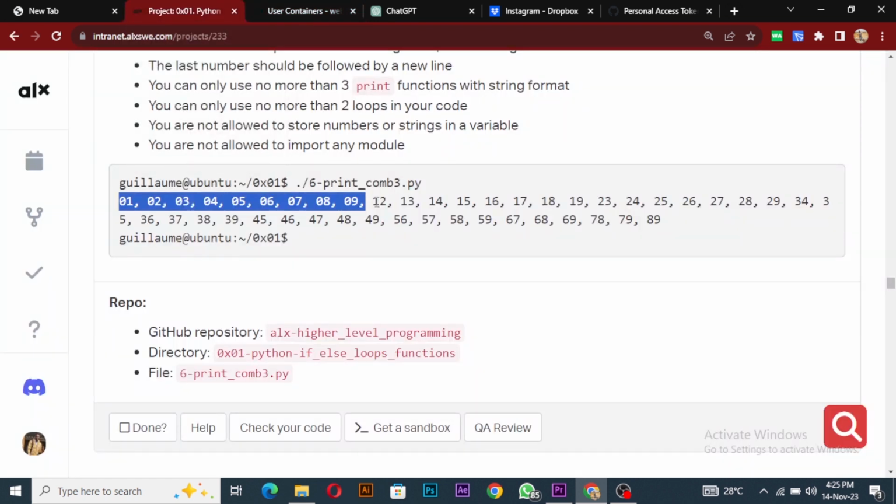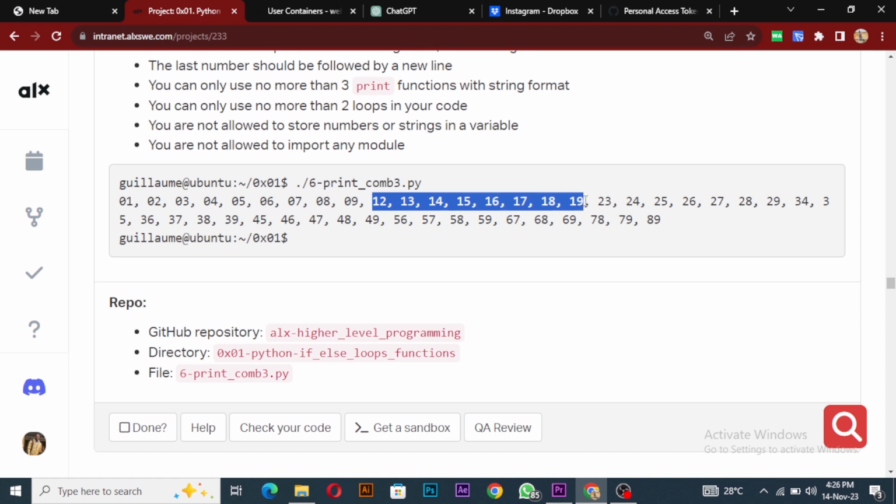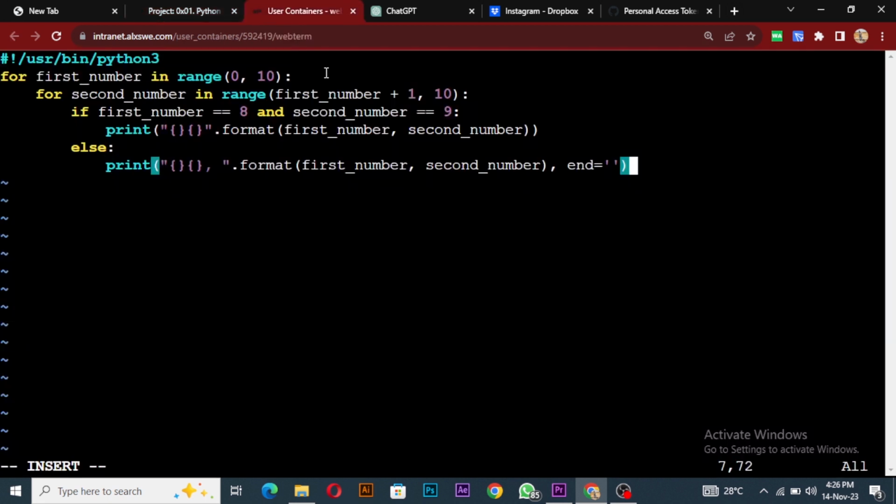So the second time this one will be 1, right? So it's going to be 1 plus 1, which is 2, right? Like that for 1. The third time is going to be 2, and it's going to be 3 for the second number, because it's the first number plus 1, which is 3, and then it increases like that till we get to the end. So I hope you get what I'm doing now. All right,